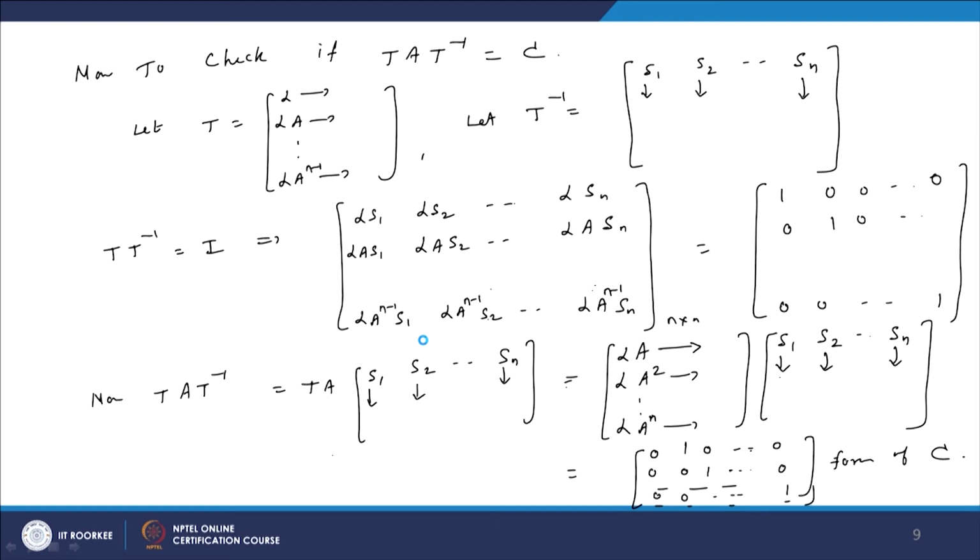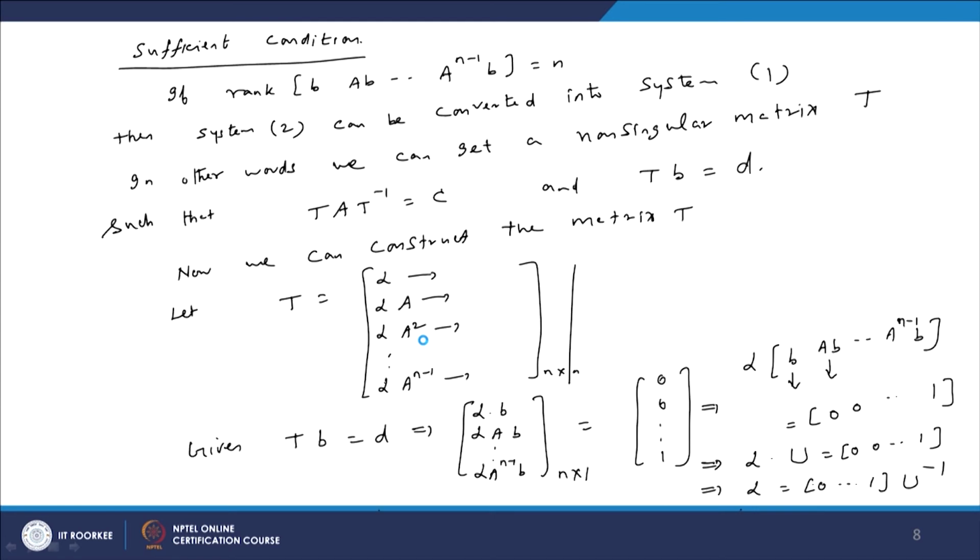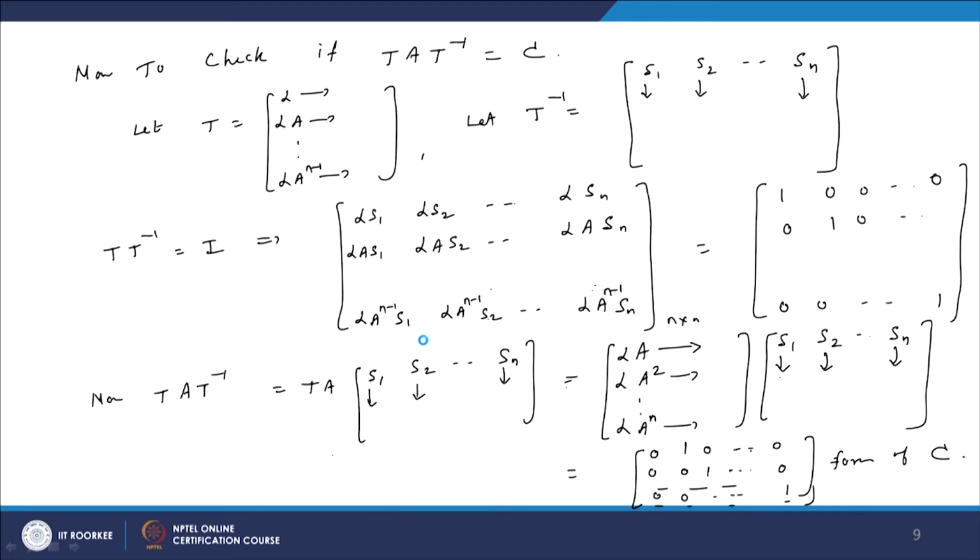So, we will be able to, and this construction is unique, T is a unique construction because of the equation here, alpha into U equal to this expression. So, we get it in a unique manner. So, this proves the sufficient condition that the system has to be controllable for a conversion of the companion. Okay. Now, we will quickly see the following example.